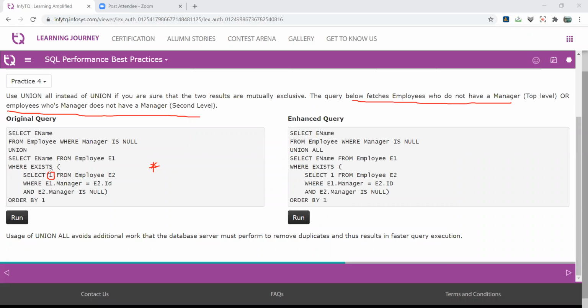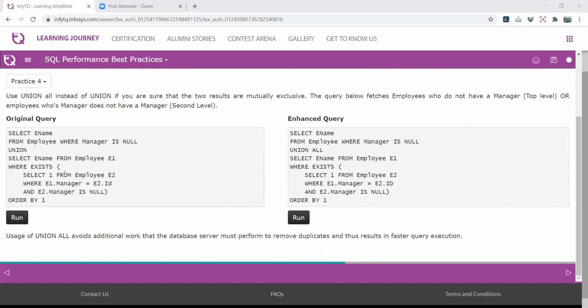So we can use a constant term rather than an asterisk or some attribute name. An attribute takes additional time, so a constant displays always the constant. There is no fetching of the conditions from the table and then putting the record here. So this time is saved, right? Is that clear? So always, when we use the EXISTS or NOT EXISTS statement in SELECT, we always use the constant value. Is that clear? So that is the next concept of best practices of SQL exercises, right?